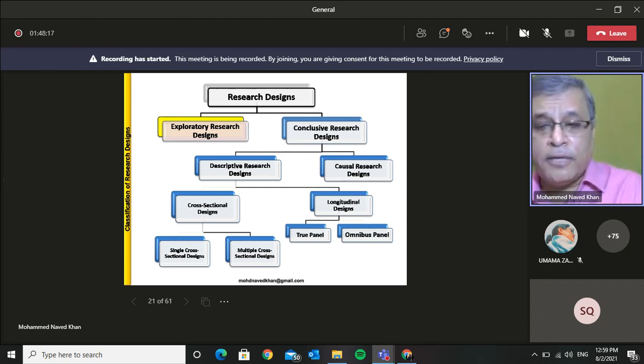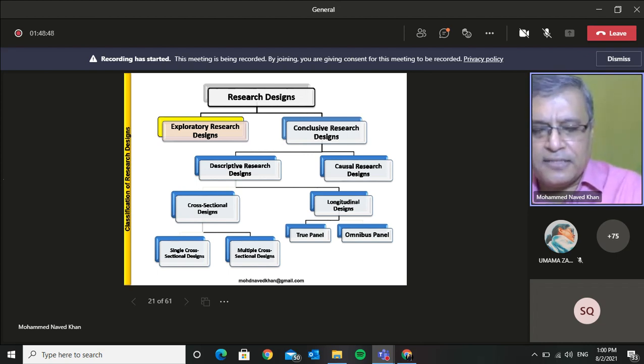So for cross-sectional designs, there are 2 possibilities. And another thing that we need to remember is, see, exploratory designs, generally the sample on which we are relying is non-representative, whereas as far as conclusive research is concerned, the sample is supposed to be representative. The moment we say representative, we need to understand that it means that we are adopting some kind of scientific procedure to arrive at the sample, and that is probability sampling. When we go for cross-sectional designs, remember, there are two possibilities. One is we can go for single cross-sectional designs, or we can go for multiple cross-sectional designs.